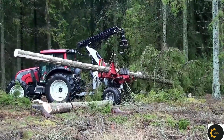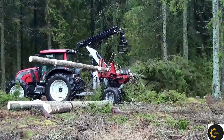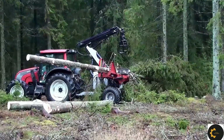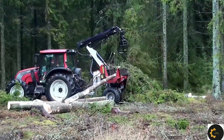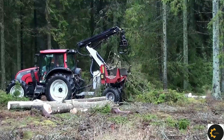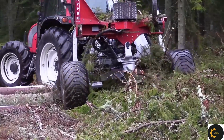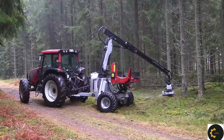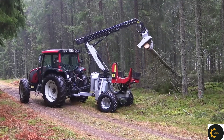This allows it to access remote areas and traverse uneven ground while carrying the processor head without compromising stability. Forestry operations can be demanding, requiring equipment that prioritizes operator comfort and control. The FG45 is equipped with ergonomic controls, a comfortable cabin with excellent visibility, and features that enhance operator productivity and